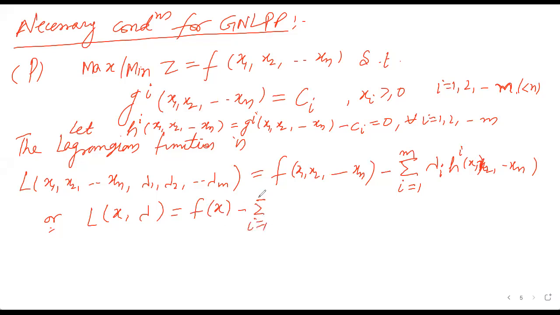summation i equal to 1 to m of lambda i hi(x). Here x means x1, x2, ..., xn. Here x is not a single point, this x belongs to Rn, so x is just the notation here. So you can write it this way also: f(x) minus summation lambda i hi. So this is the Lagrangian function, and the necessary conditions are